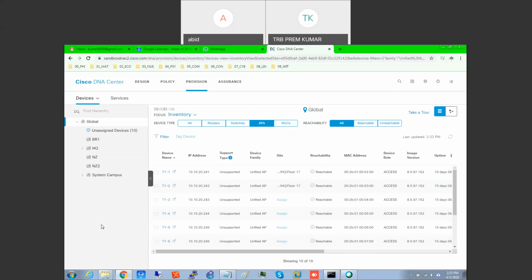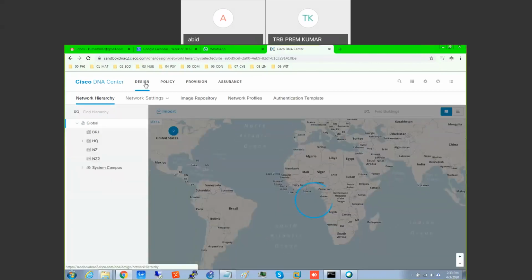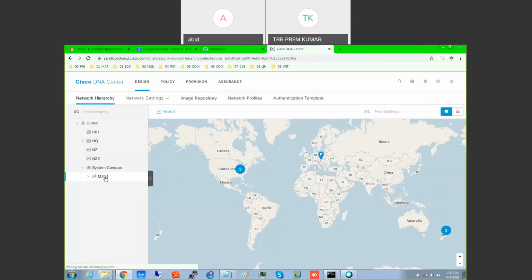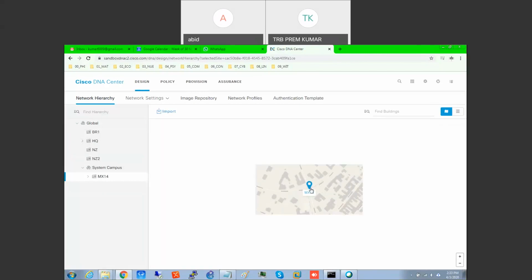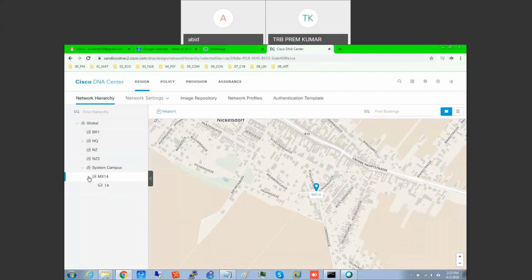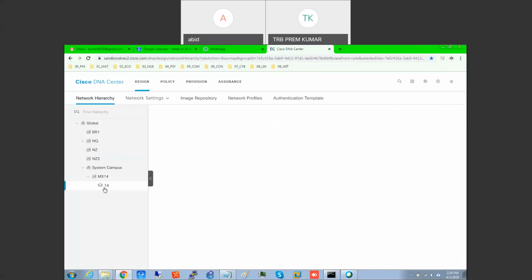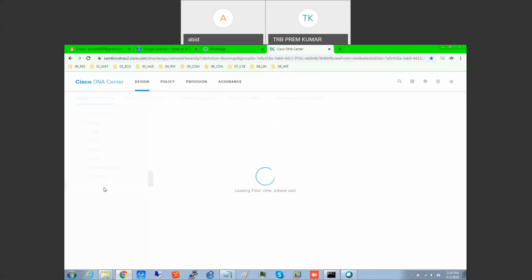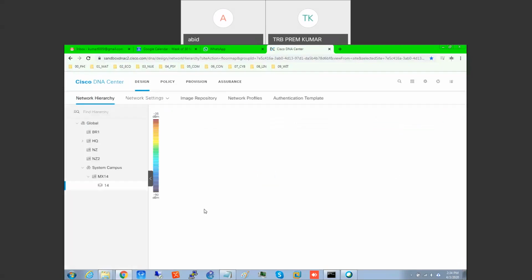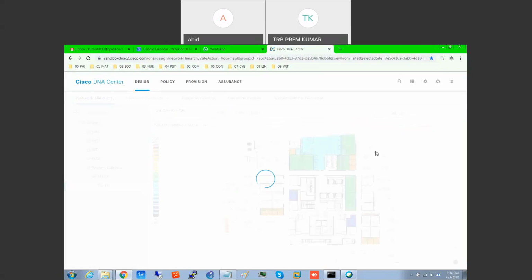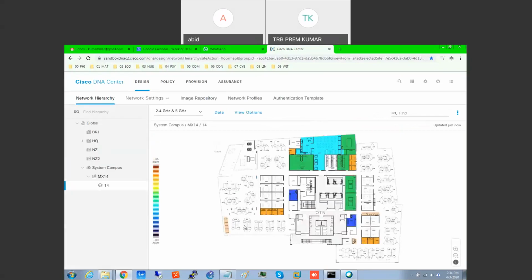If you want to understand the design part physically, go to design and click this campus. Now this campus is showing, right? This is kind of a simulated infrastructure, is it? I'm going to the campus now. See, I'm going inside the floor diagram. This is the design. I can import my floor plan here. It is loading my floor plan. In the floor plan, I can see where I placed things. You see, this is the floor plan.